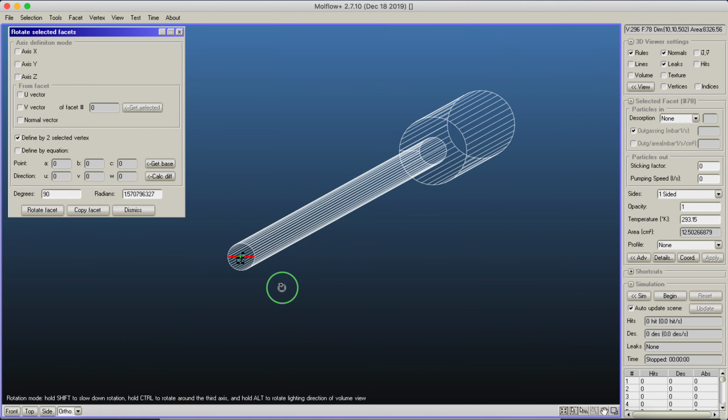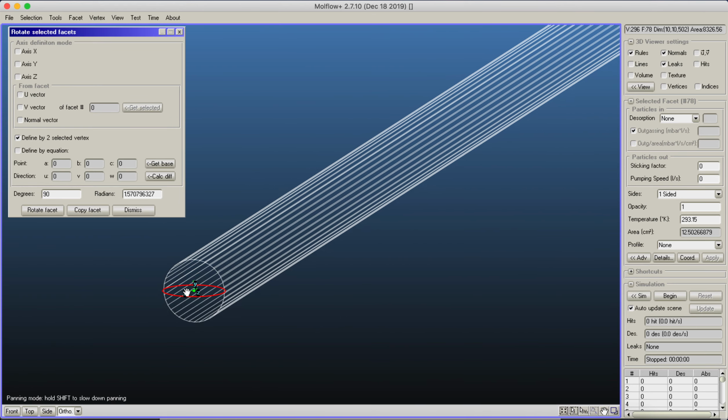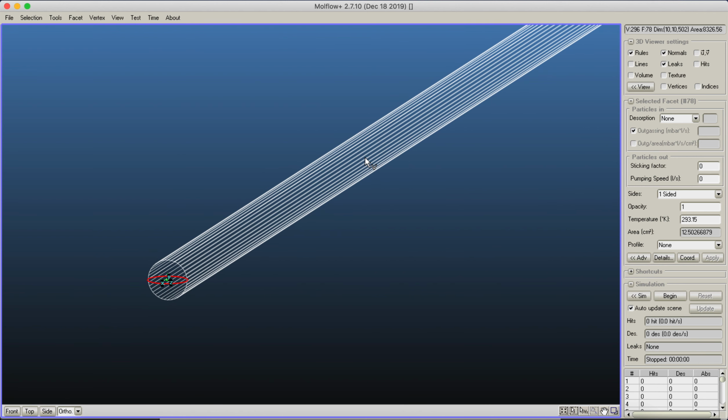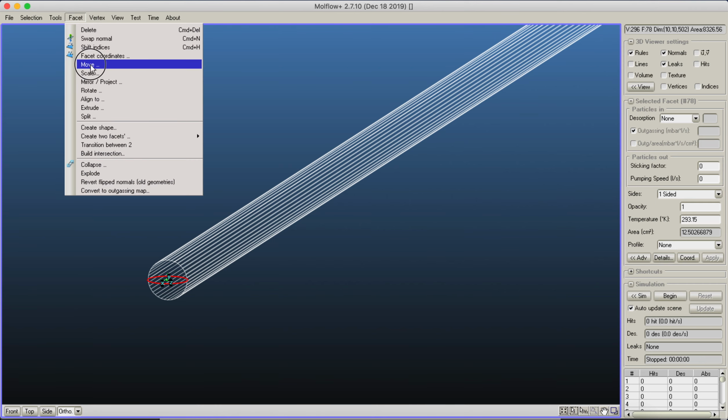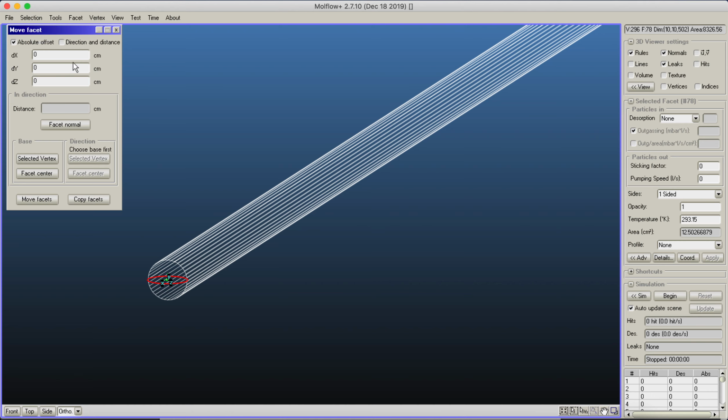So if I'm looking from far away, you can see that I have created a circle. However, it's in the incorrect position. I'd like to push it by 100 centimeters. For that, I will use the move command, and the offset will be, either I can say that it's an offset to the z direction by 100, or